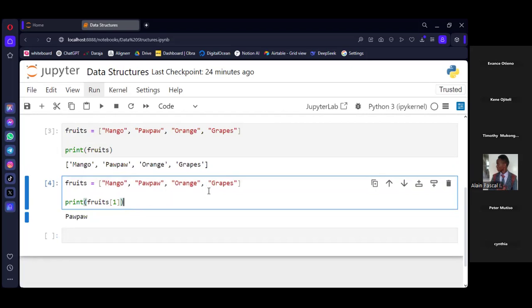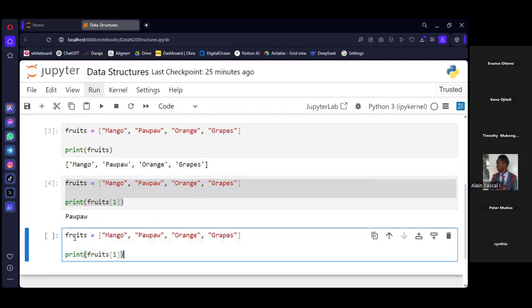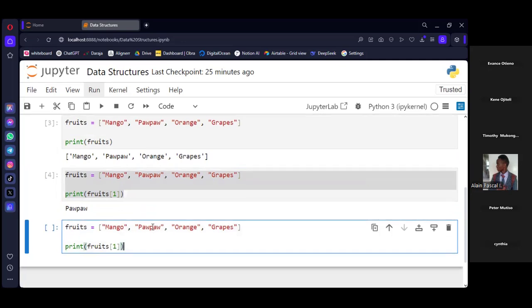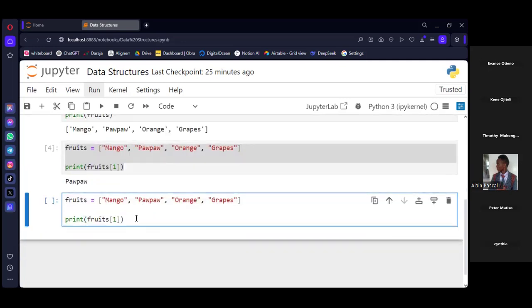Now, in the event you want to access a range, you can still do that. To access a range, you need to use the colon. For example, you want to access from index 1, purple, to orange. First you specify the starting point, which for purple is 1, because this is 0 and this is 1.